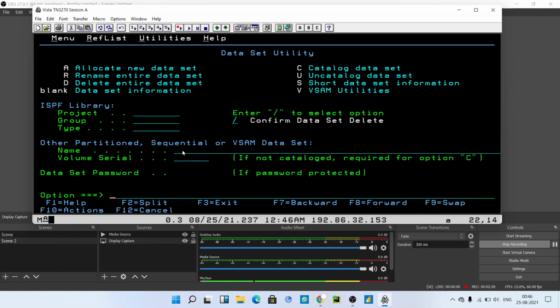Here in front of the name section we have to give the name of the dataset of the PS file. In our Windows we create a Word file and we give a name to that Word file. Like that in mainframe we have to give a name to the PS file.